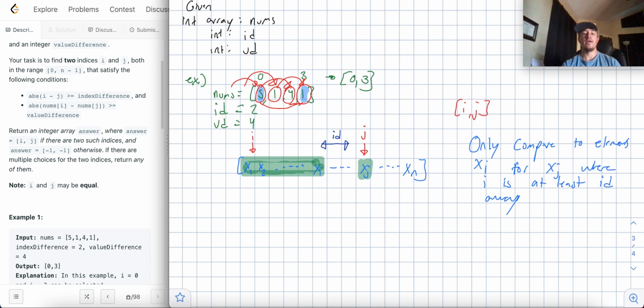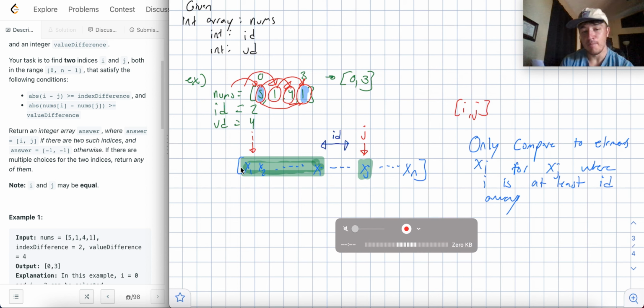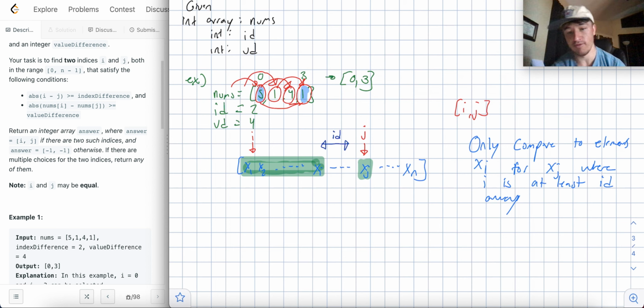Okay. Now, when we get to this next part, right now we're comparing j to all the elements within this boundary, right? From the beginning all the way to an element that's index difference away from the current element. All right. Now, we could compare it to each element, but all we really need to do, if you think about it, is say, well,